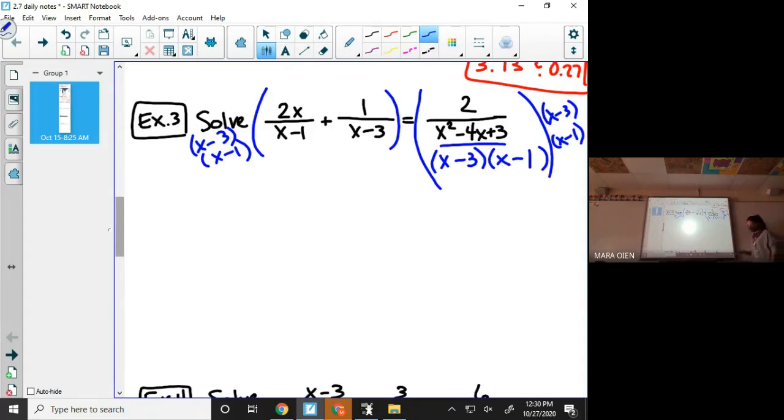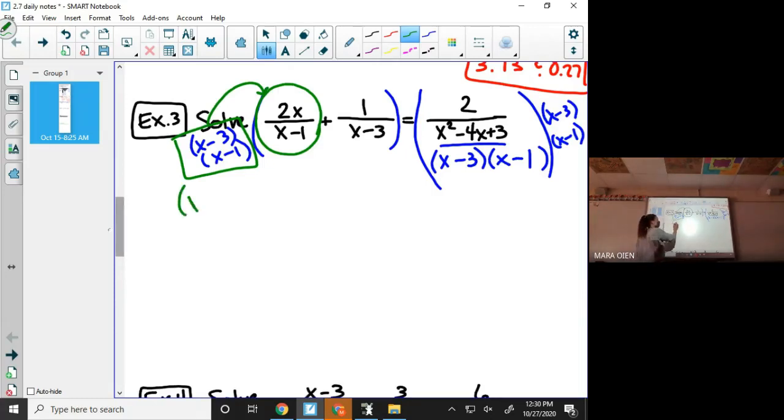Now here's the good news. When I do this, we should cancel out every single denominator. When I take this quantity times this first term right here, I am multiplying by an x minus 1, but I'm also dividing by an x minus 1, which means that for this first term, the x minus 1 quantities will cancel. They're gone. But I still have that x minus 3 has to be multiplied by that 2x. Then I'm going to multiply it